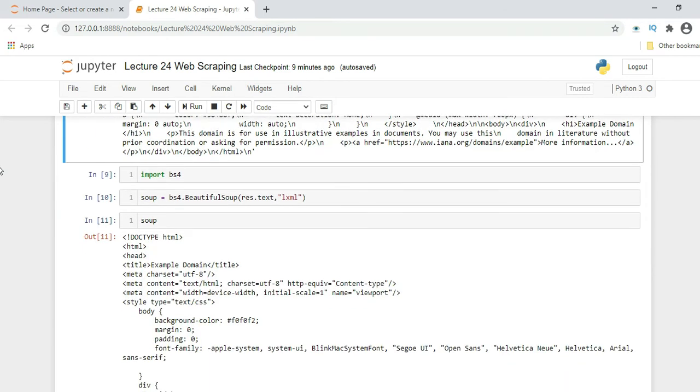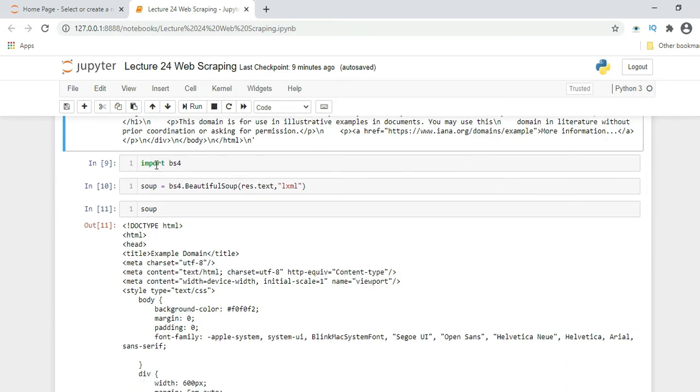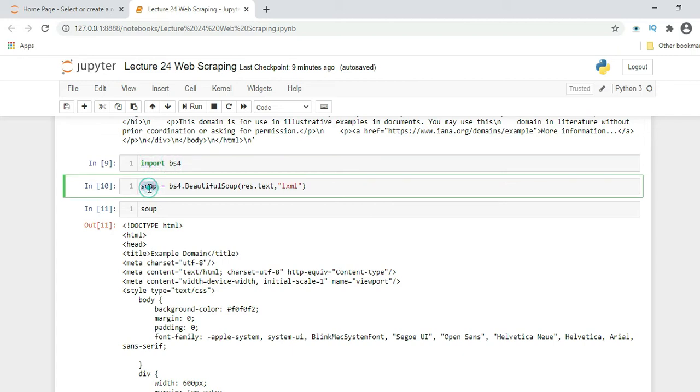Now we will import the bs4 module. So import bs4. We have another variable named soup, equal to bs4.BeautifulSoup in brackets res.text. It's our variable name which stored all the response from the website, dot text.